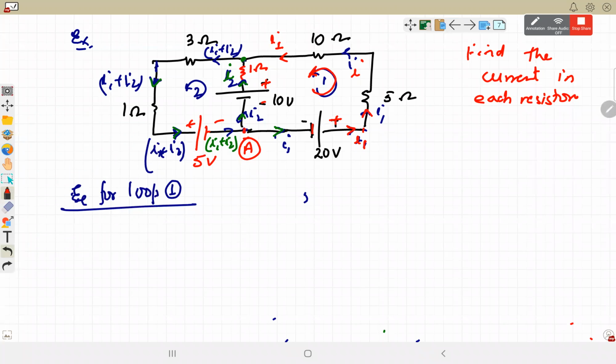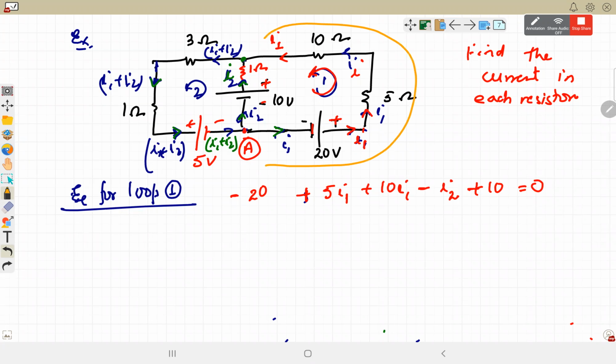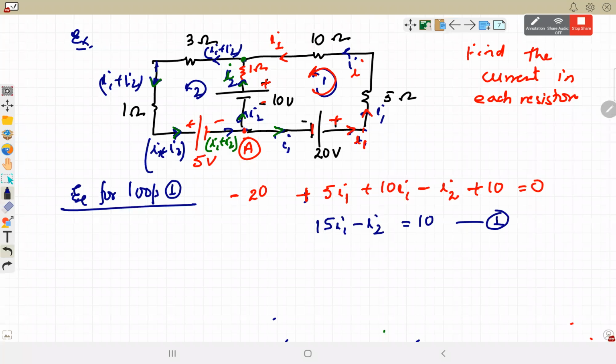Now equation for loop 1 when you write from A, साइन कन्वेंशन यूज करोगे, बैटरी क्रॉस कर रहे हैं माइनस से प्लस की तरफ, -20, करंट की डायरेक्शन में जा रहे हैं तो +5 I1, फिर से करंट की डायरेक्शन में जा रहा है 10 टाइम्स I1। 1 ओम में हम करंट के अपोजिट आ गए, सो -I2, और इस बैटरी को क्रॉस किया प्लस से माइनस की तरफ, देन वी कम बैक टू A। Start from A and move in this loop, come back to the same point। बैटरी माइनस से प्लस नेगेटिव, करंट की डायरेक्शन में पॉजिटिव, opposite to the current negative, and in the direction from positive to negative, so it will be positive। Loop 1 की equation with the help of Kirchhoff law simplify कर लो, so 15 I1 minus I2 is equal to 10। This is equation for loop 1।